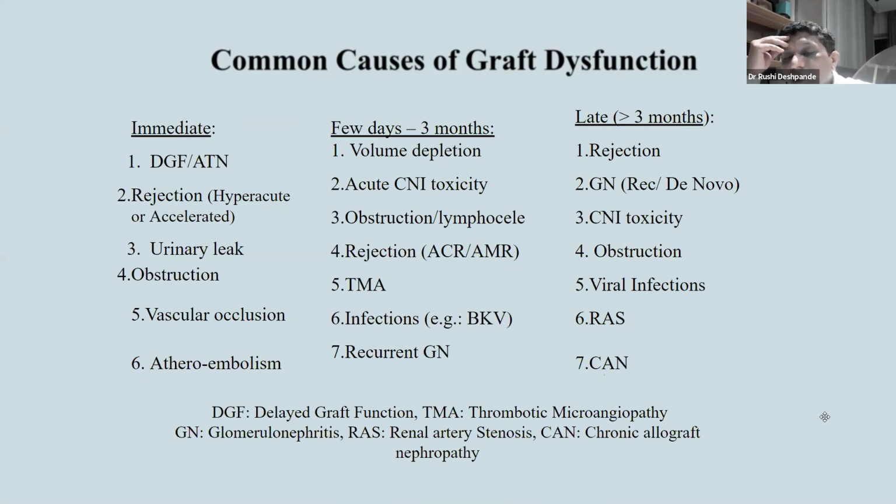Chronic allograft nephropathy is like a basket diagnosis. It includes kidney dysfunction from both immunologic as well as non-immunologic causes. When I say immunologic, I mean cellular as well as humoral rejection. And when I say non-immunologic, it is all other factors like donor-derived factors, donor age, donor hypertension, donor comorbidities, cold ischemia times, all of those, a basket case, like I call it. And even metabolic things like hypertension, diabetes, hyperlipidemia, kidney stones in the recipient, everything can lead to kidney dysfunction causing chronic allograft nephropathy. So it's a basket diagnosis.